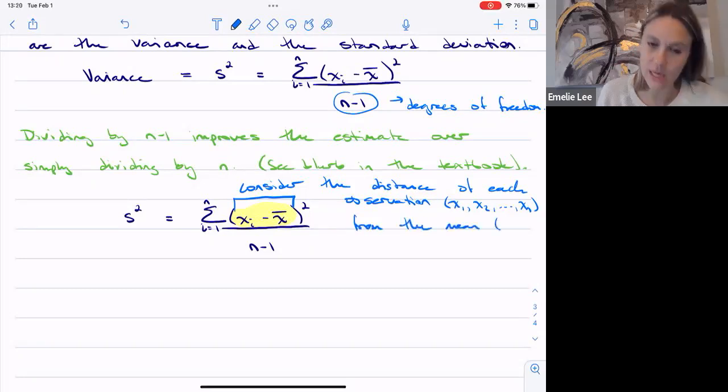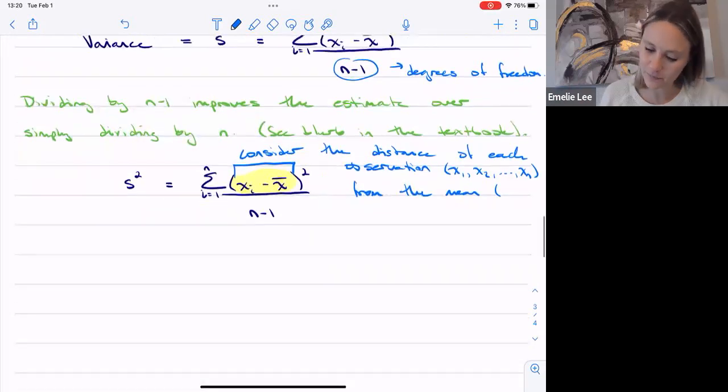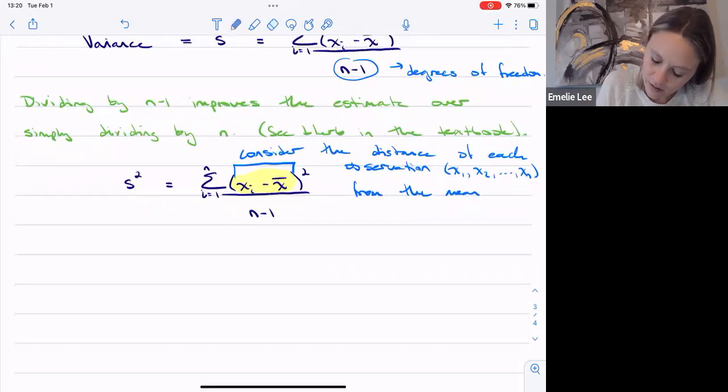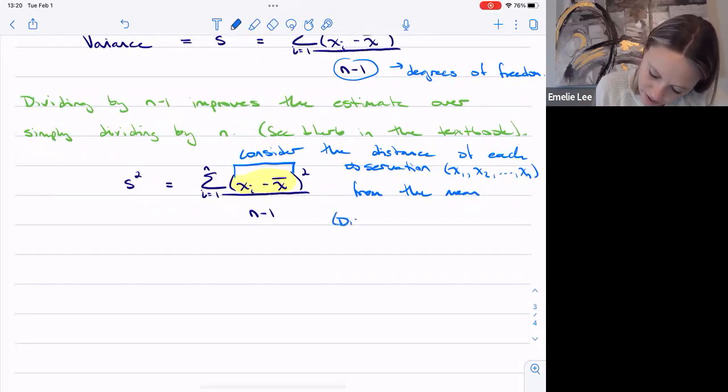Which is the location, right? So the variability is a measure of the distance from the location or the mean, or sorry, the center. The mean, right? So just to clarify, the distance from the location